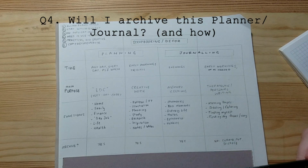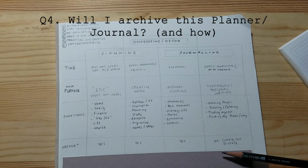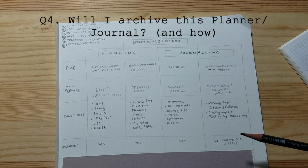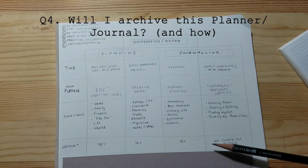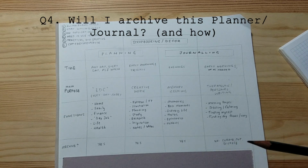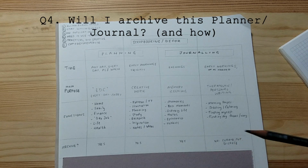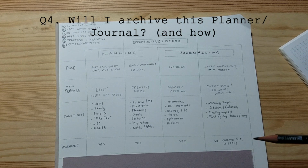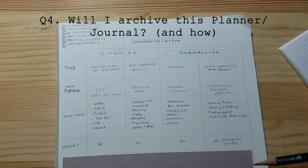So it would be daft not to. But no, I do not keep my random journaling and ranting. Now, some of it I have kept because it's been mixed up in the same book as some of this other stuff, which I feel a bit funny about, because even though I think there's a perfectly legitimate reason to keep your journaling,